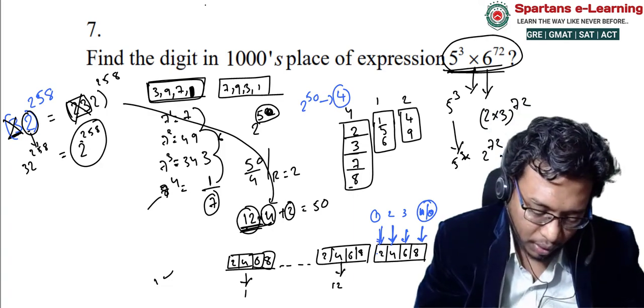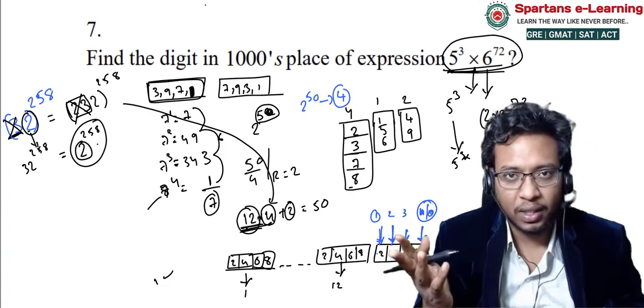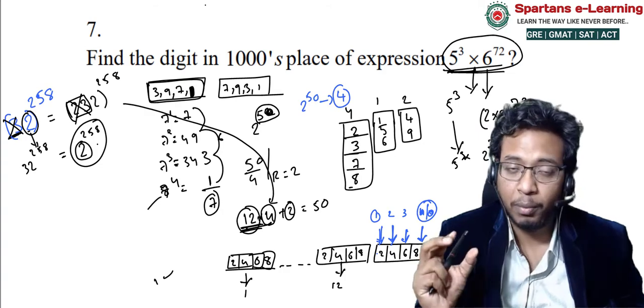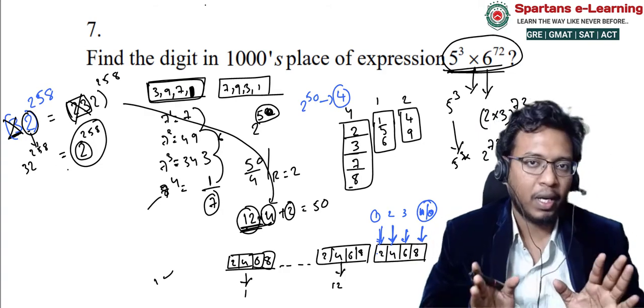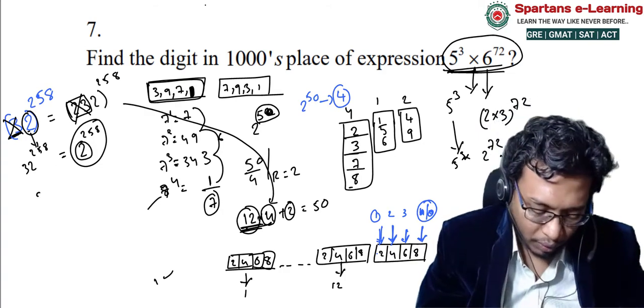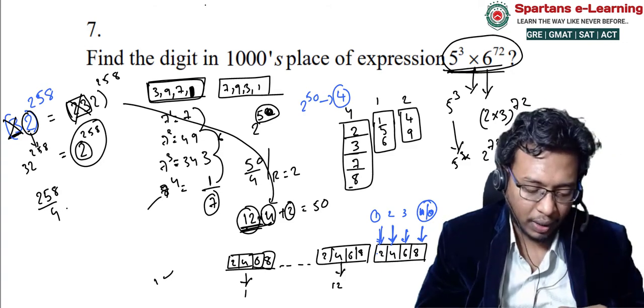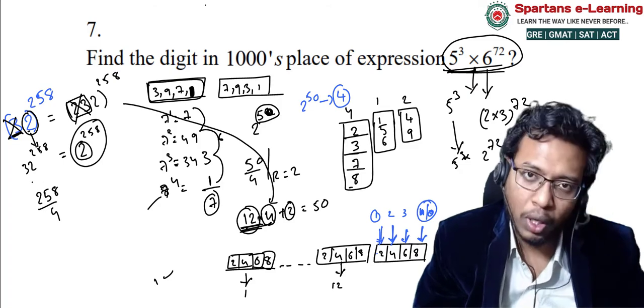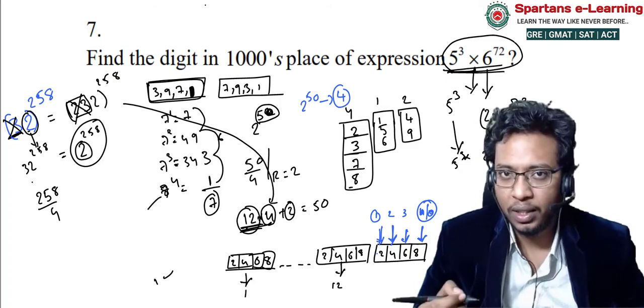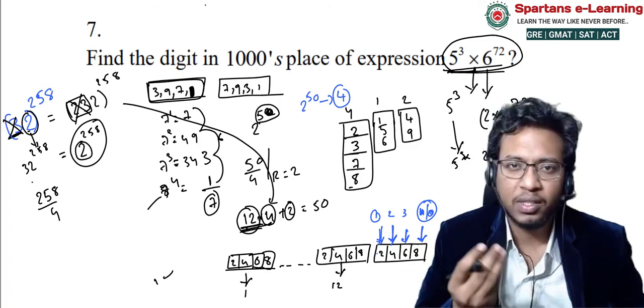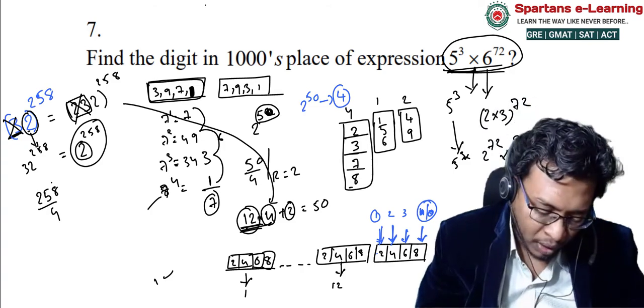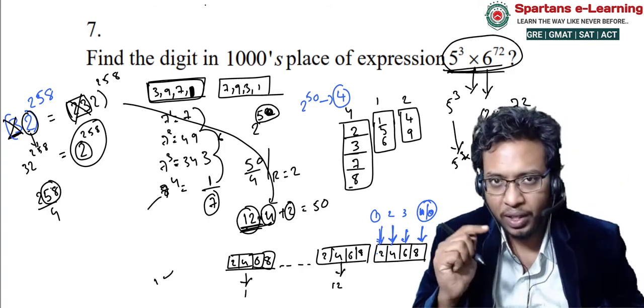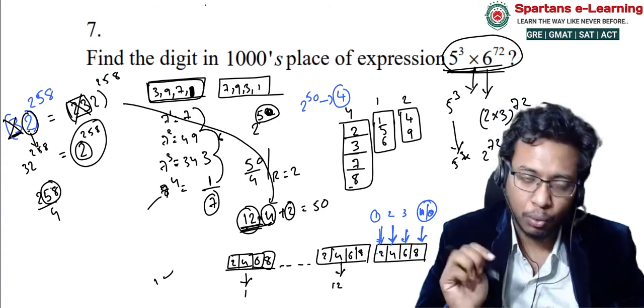I told you, 2 is there, right? 2 power anything, so the cyclicity of 2, which I explained, will be 4. That means to find the remainder, divide 258 by 4. When you divide 258 by 4, there is a shortcut here. You don't divide the whole number by 4, okay? Whenever you want to check the remainder or divisibility by 4, just check the last 2 digits, okay? 58. So when you divide 58 by 4, the remainder will be 2, right?